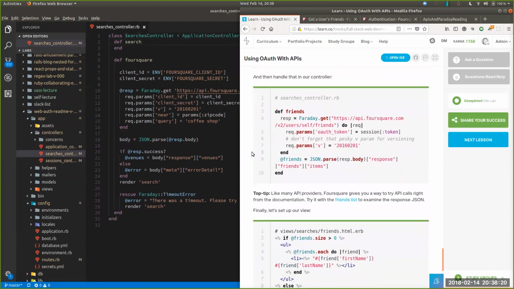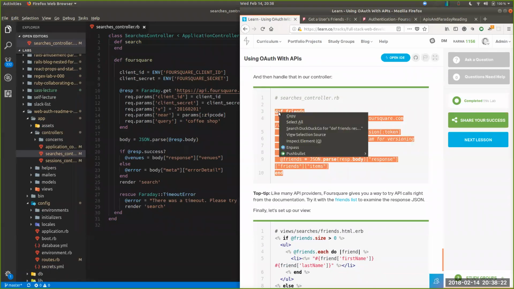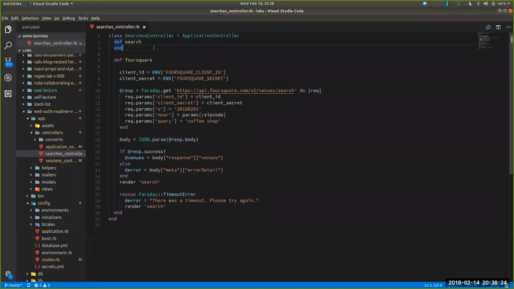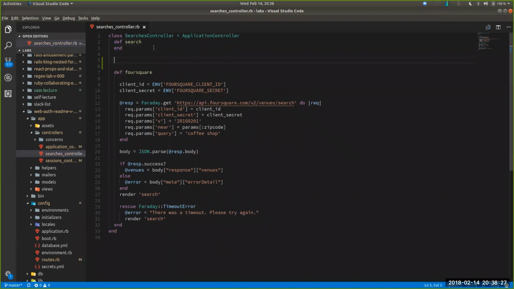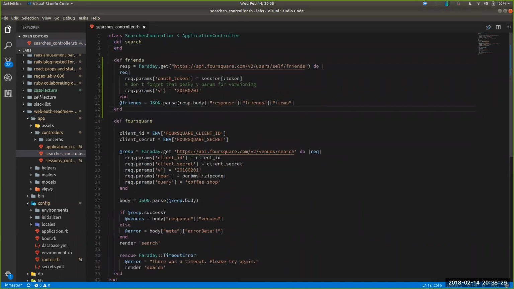And we just set up the friends route, so we want to handle that now. So once again, our response is going to be a GET. And we're going to have two params, the OAuth token, which is going to be the session token, and that V. Yeah, don't forget that pesky V param for versioning. And then we're going to set our friends